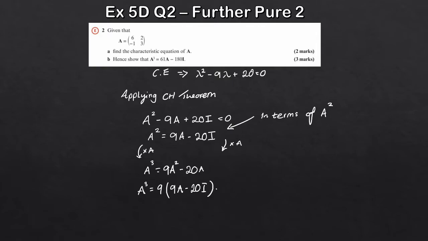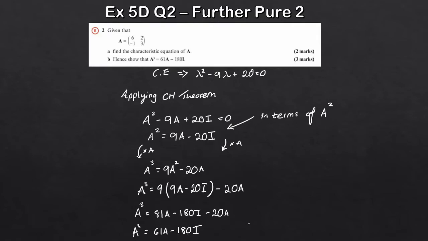Okay, and we've got the minus 20a at the very end, so don't miss that off. So now all we've got to do is simplify this, and hopefully once we simplify this, we should get the 61a minus 180i. So a cubed is equal to 9 times 9a, so that'd be 81a. 9 times minus 20i, so that'd be minus 180i. And we've got a minus 20a at the very end there. And if we simplify this one step further, we can write a cubed is equal to 81a minus 20a, so that'd be 61a minus 180i,